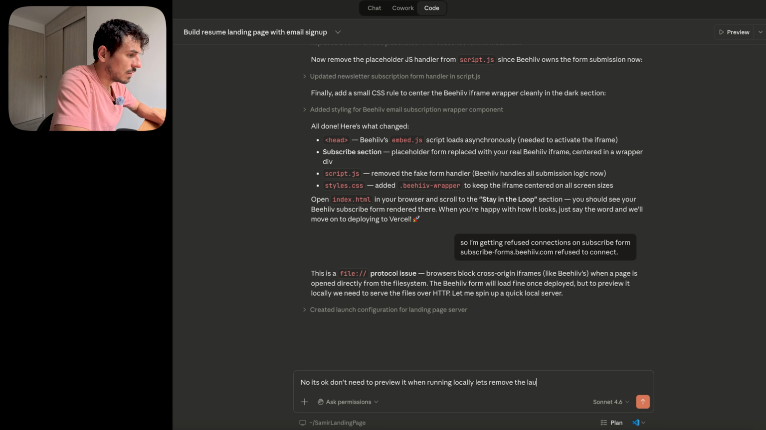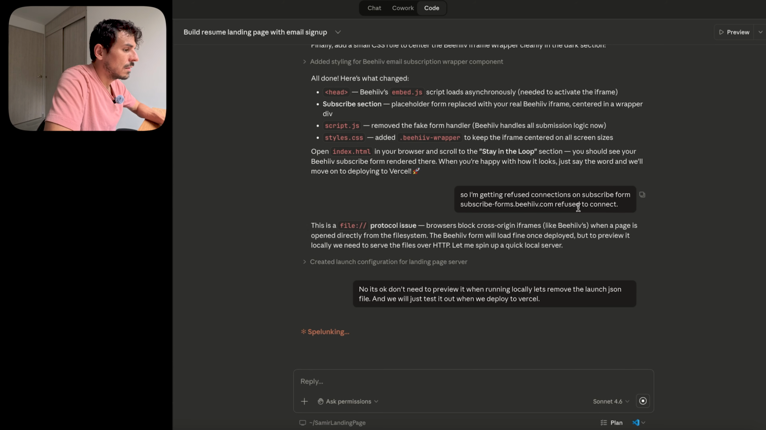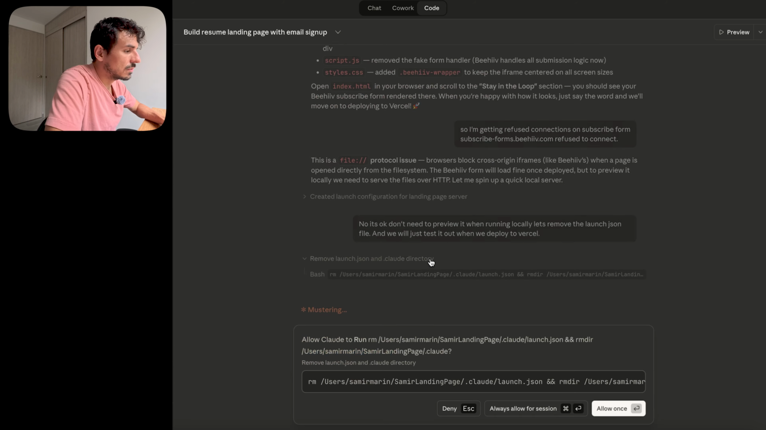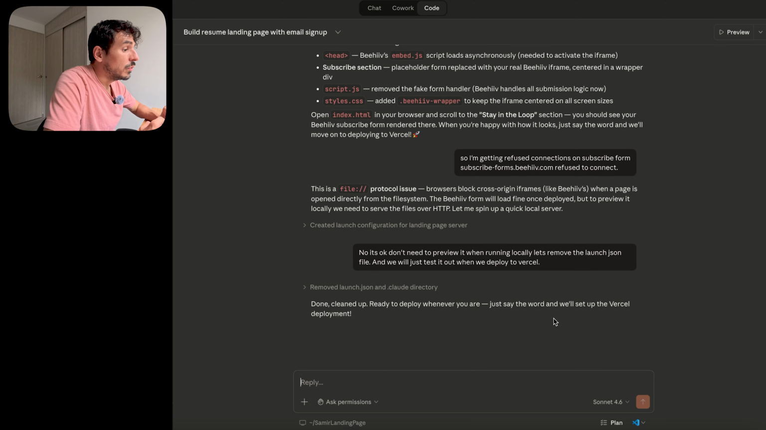Yeah, let's remove the launch JSON file. And we will just test it out when we deploy to Vercel. Yeah, so it wanted to do a bit of a workaround so that we could test it locally with the subscription, because that's blocked right now because of some cross-origin stuff. But I don't really think that's necessary, so we'll just test it out when we actually deploy it, that the subscription works. So we'll allow the removal of that, and then after it does that, we will move on to